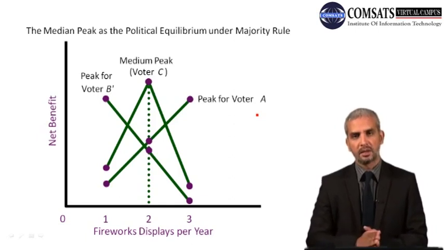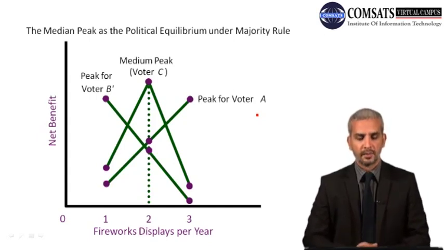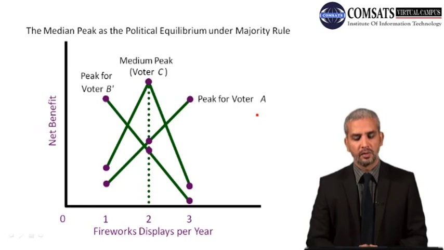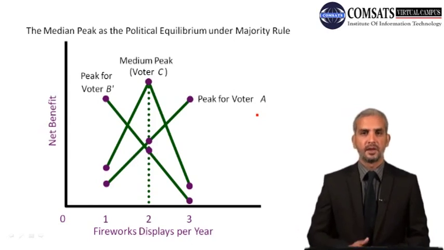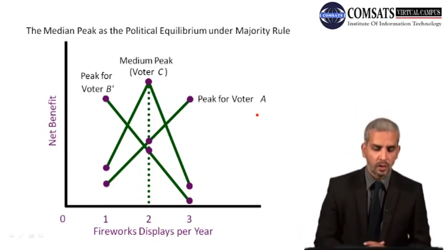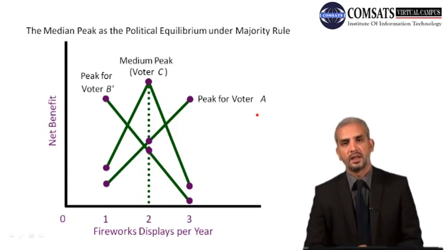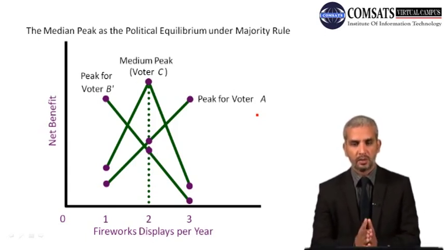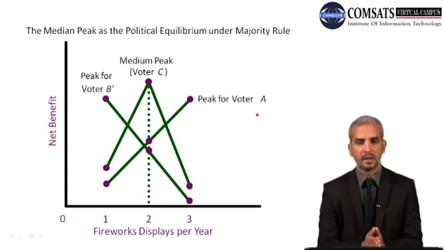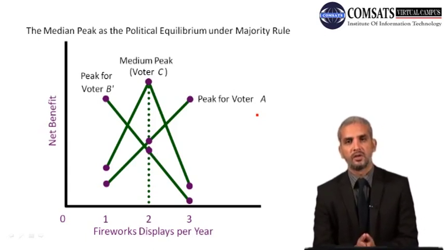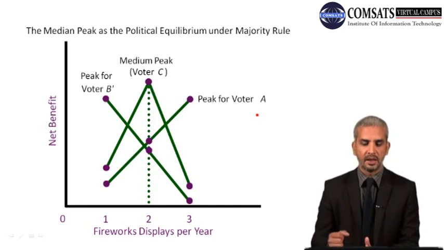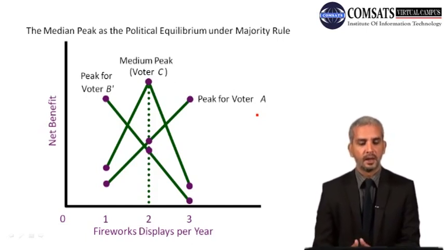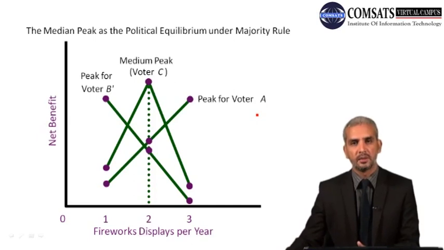Now out of these 3 choices that each individual was presented, and based on the pairwise voting, they came to a total of 2 fireworks per year, and that represents, just by eliminating the multiple peak preferences, the individuals who prefer extremes rather than a central condition, or whose preferences would be such that as he moves away from his first choice he is worse off, but the further he moves away from his first choice, he is better off again. So if we eliminate that sort of scenario, then we can reach a political equilibrium under the majority rule.